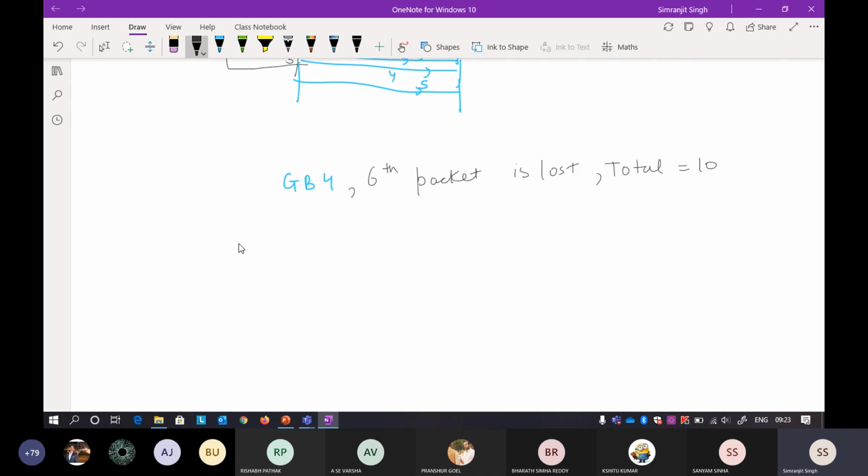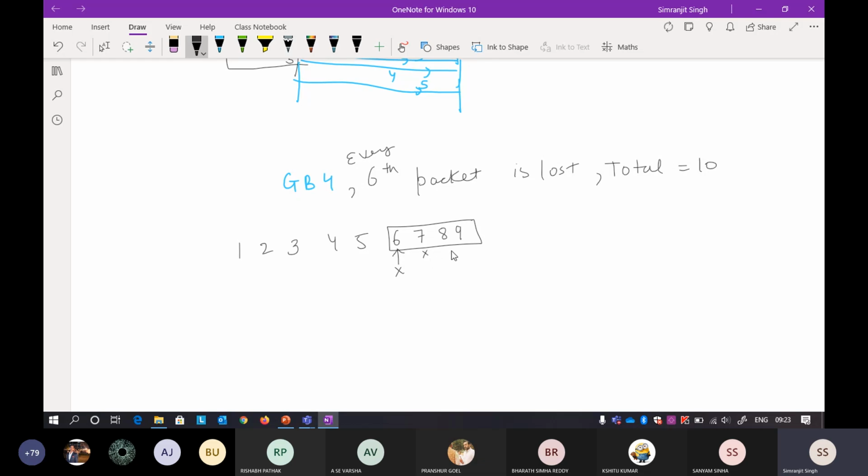Okay, so now you do 1, every 6th packet is lost. So 1, 2, 3, 4, 5, 6th. Now you know that every 6th packet is lost. The window size is GB4, so 6, 7, 8, 9. Your window will be here, and this particular packet will be lost.